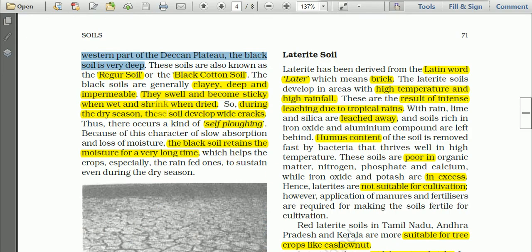These black soils are locally known as regur soils or black cotton soil,